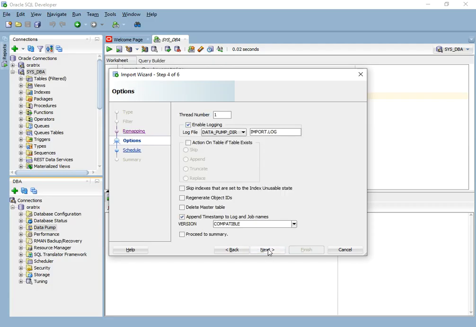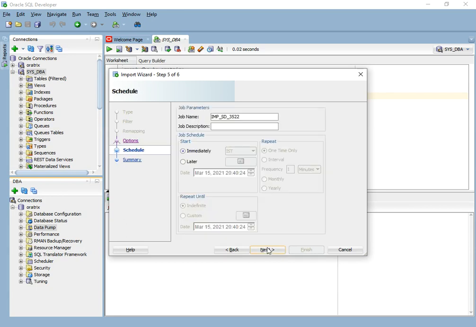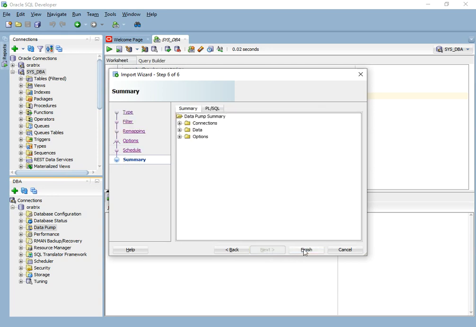Let me click on next. Action if table exists, I'll choose replace. It will be compatible. Next. If you want to execute it immediately, just click next and then finish. Then all the data will be imported easily.